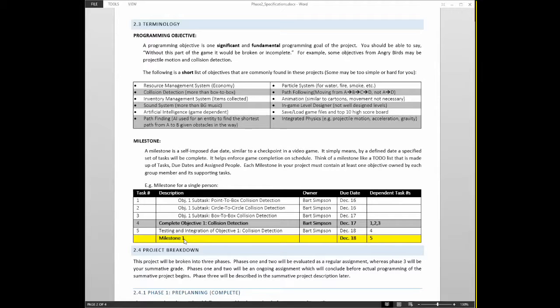And then of course milestone 1, which is itself the whole milestone, it can't be complete until objective 5 is done. Notice that I don't put 1, 2, 3, 4, and 5 here. I don't need to, because 5 depends on 4, but 4 depends on 1, 2, and 3. So I don't need to specify them all here. 5 just depends on 4.